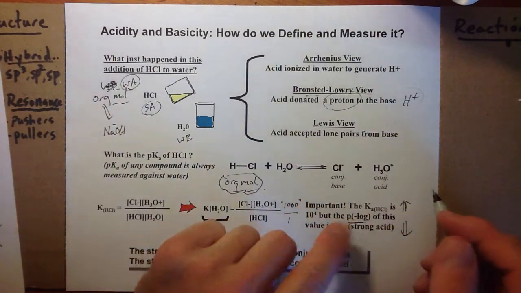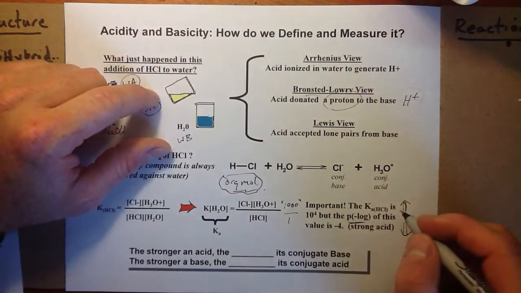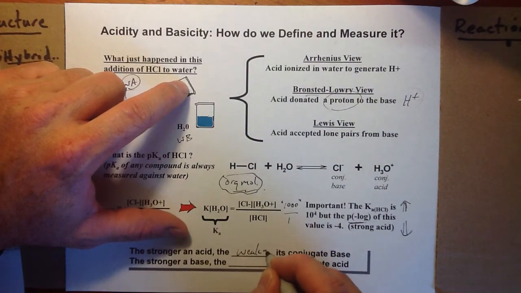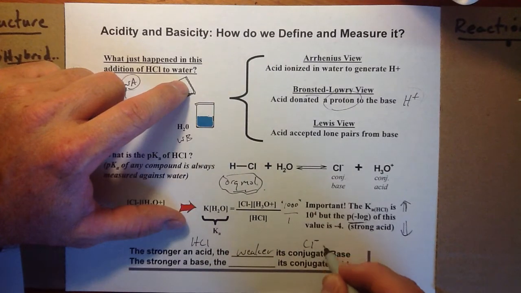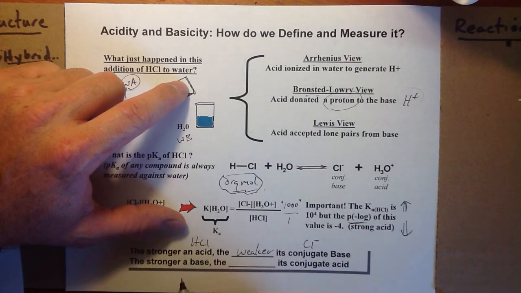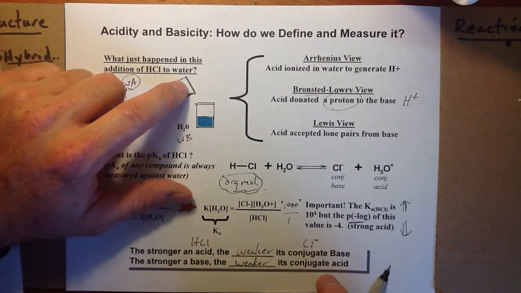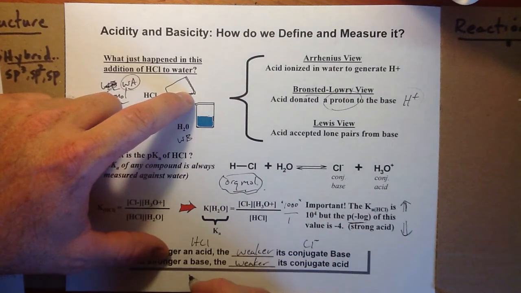So just remember, Ka is high, pKa is low. That means we have a strong acid. And the stronger an acid, the weaker its conjugate base. For example, HCl is a strong acid, so its conjugate base chloride is a weak base. The opposite also holds: if we have a very weak acid, then we have a very strong conjugate base. For an example of that, we could say